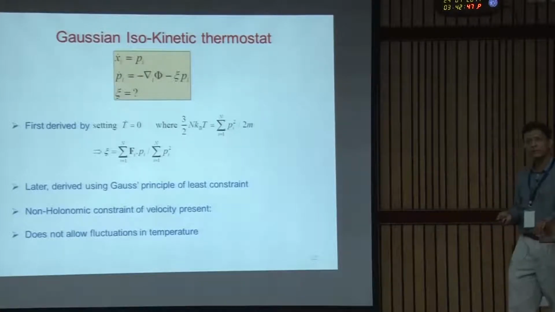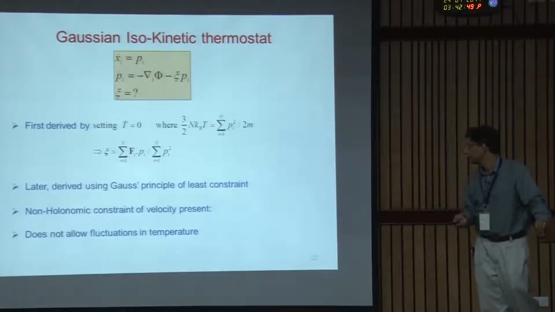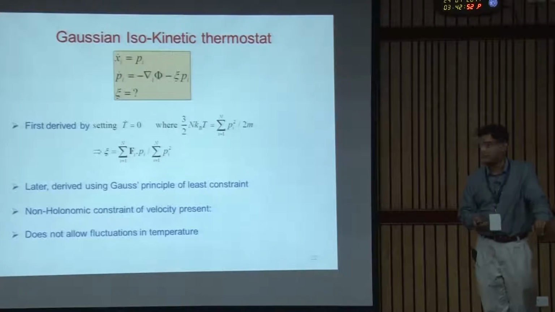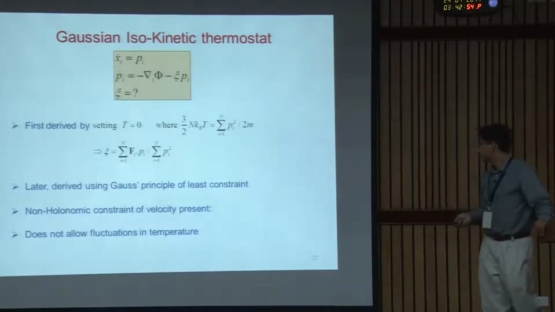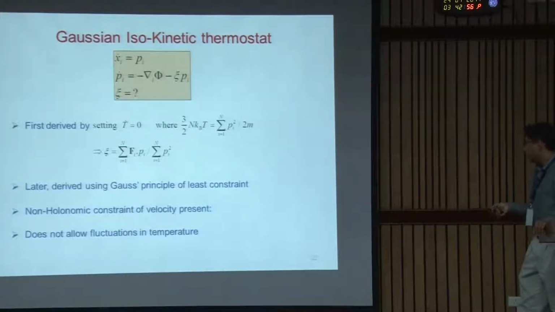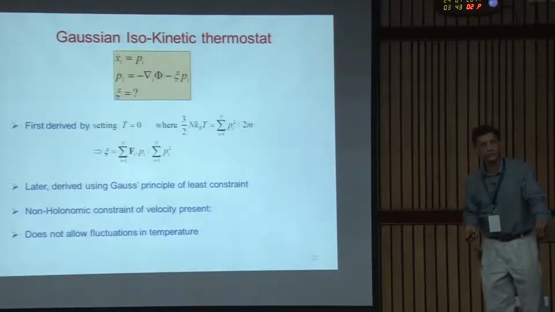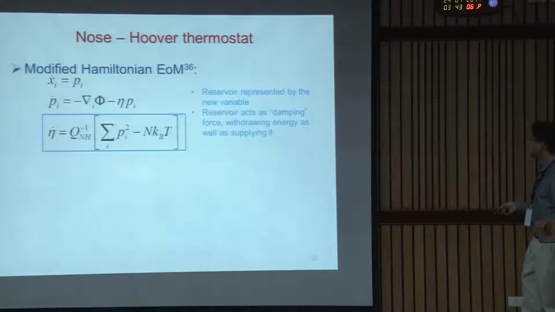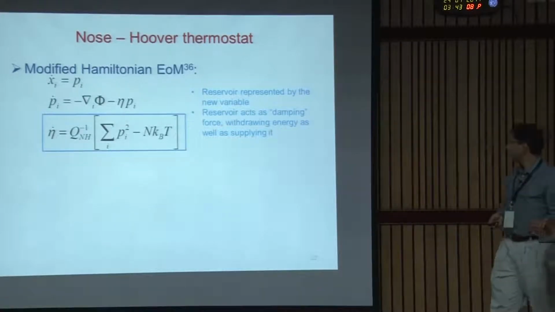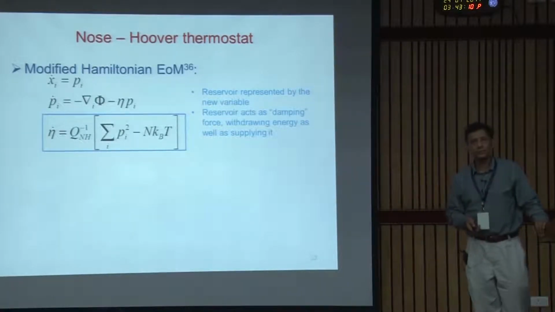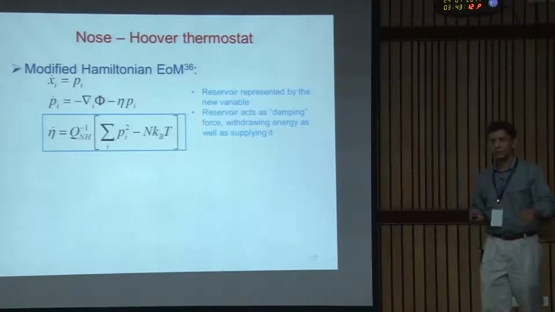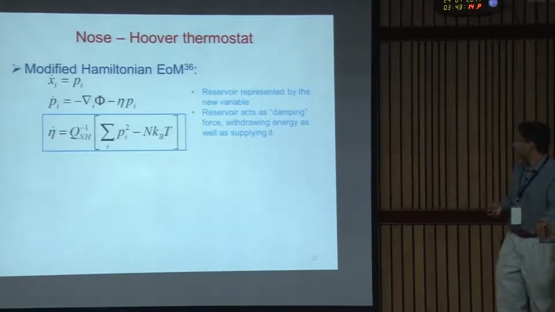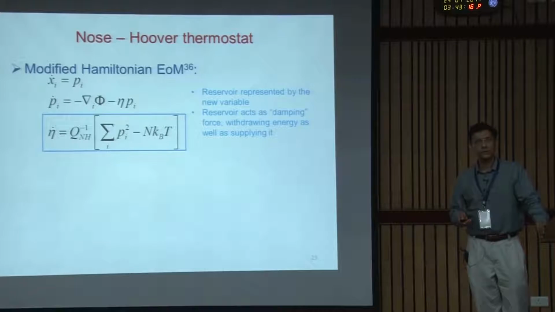So this was developed independently by Evans in Australia and Hoover in Lawrence Livermore in the early 80s. But again, this has a problem that because this Xi ensures that T dot is 0, there is no fluctuation in temperature, and that is unrealistic. Then this is one of the great leaps of molecular dynamics. Nose, who was in Canada at that time, I believe,